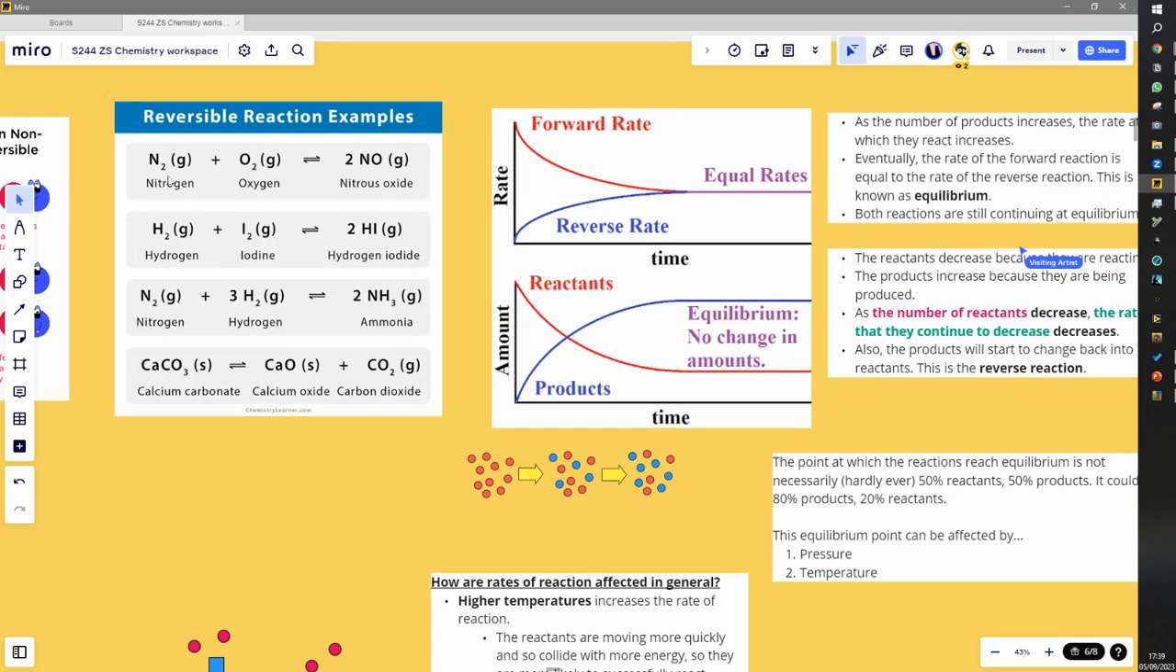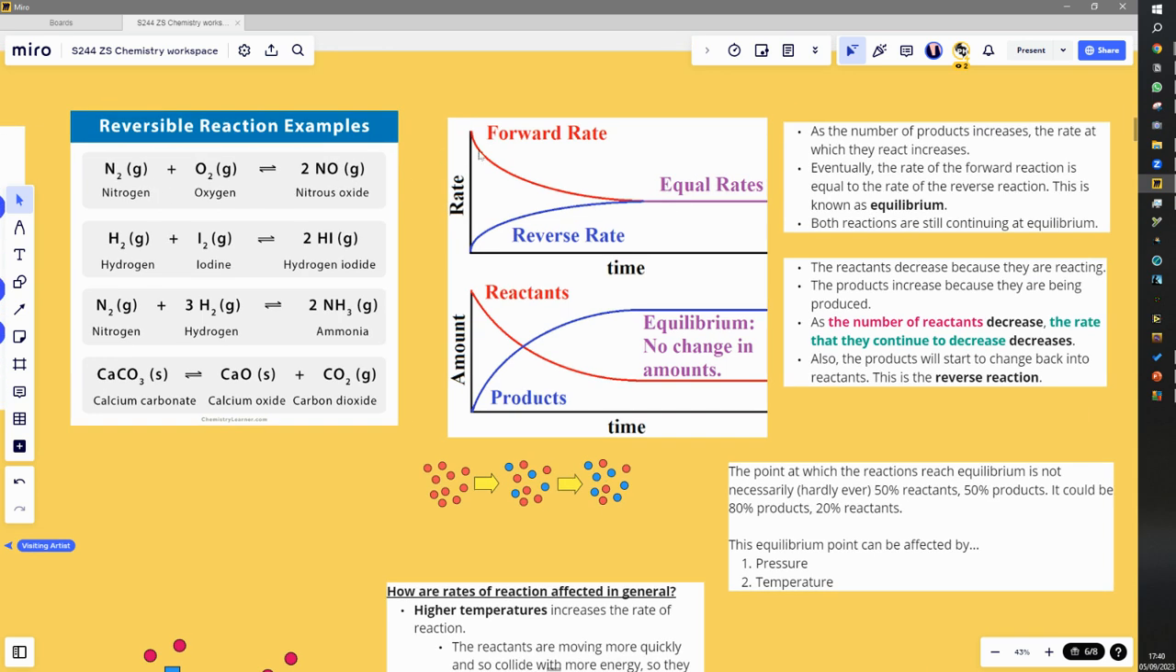Well, let's take this top one here, nitrogen reacting with oxygen, producing nitrous oxide. That would be the forward reaction. But also, because this is a reversible reaction, nitrous oxide will also decompose and form nitrogen and oxygen. So as this nitrogen and oxygen is reacting and producing nitrous oxide, at the same time, nitrous oxide is decaying back into nitrogen and oxygen. So the reaction never finishes. It's constantly going that way, but it's also going this way at the same time. And you've got the beginning, where there's only nitrogen and oxygen,